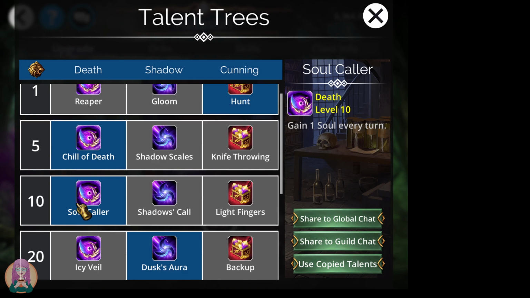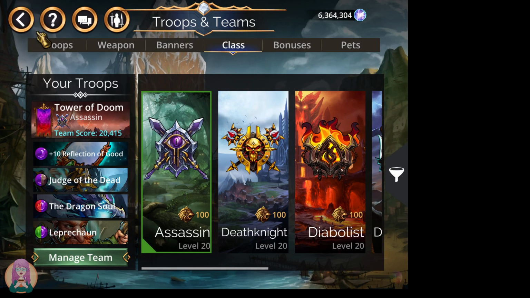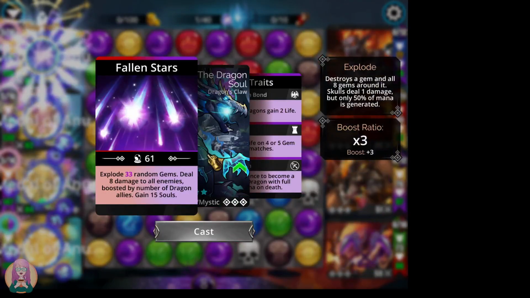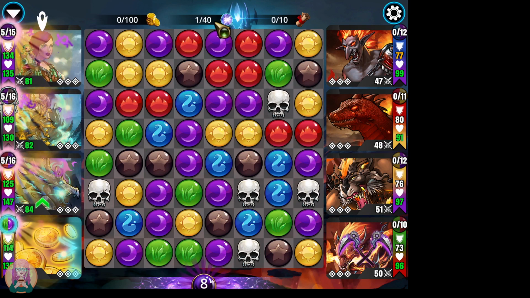soul caller. See, it says death here. These are all the death talent tree. So you want soul caller with this team. And because we're going completely soul based off of this, and we've got the dragon soul, it is going to get you souls every time you cast. You're going to get souls every single turn